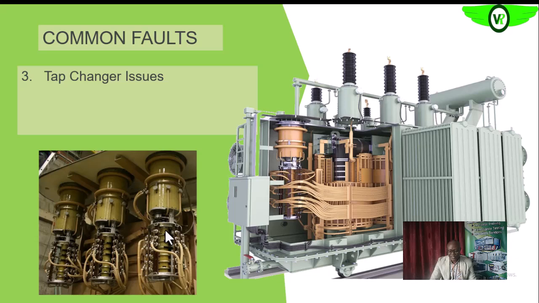And once those gases start generating, it can go through the Buchholz relay to the conservator tank, because naturally, since it's gas, it's lighter, it will rise up. So as it's going through to the conservator tank through the Buchholz relay, that can cause the shutdown of the transformer. So basically, most of the time, the problems that we have with the tap changer, they are mechanical issues,